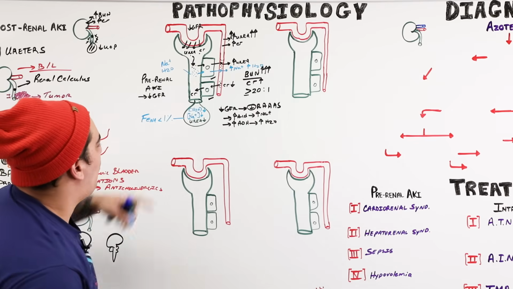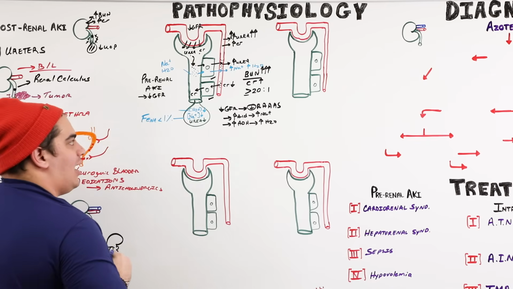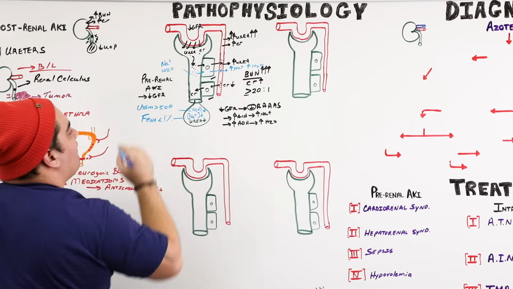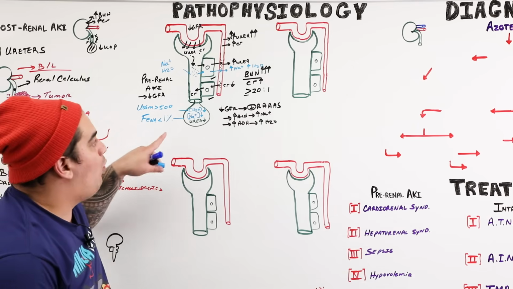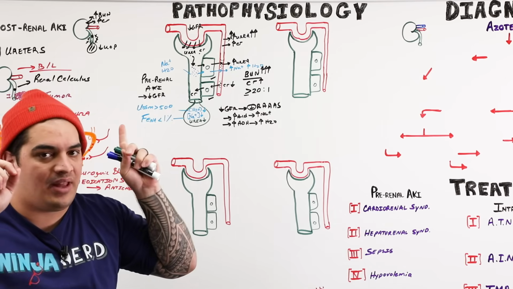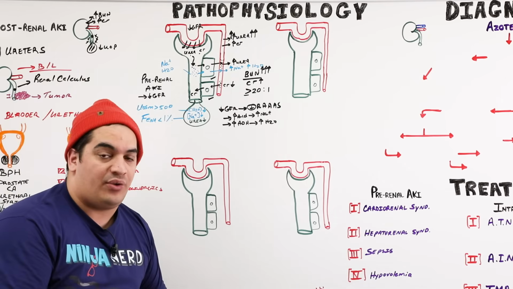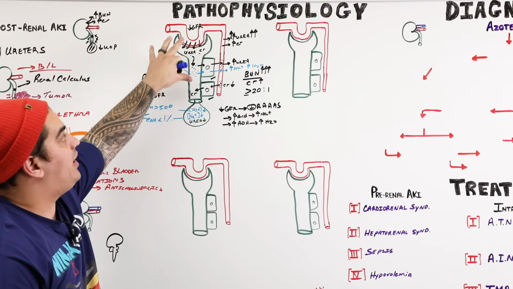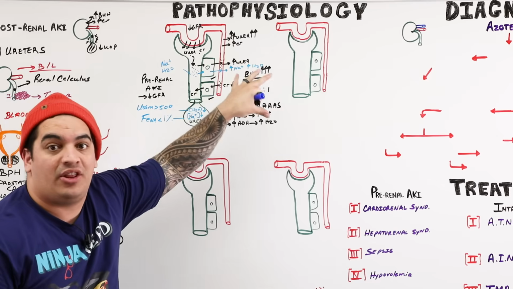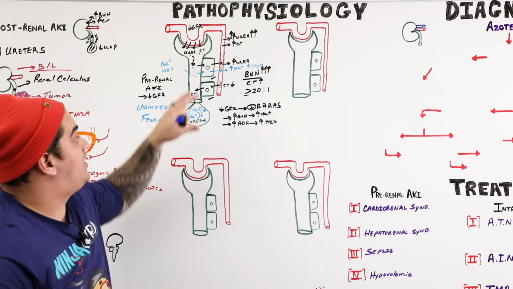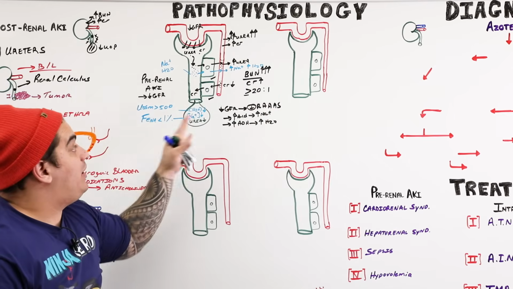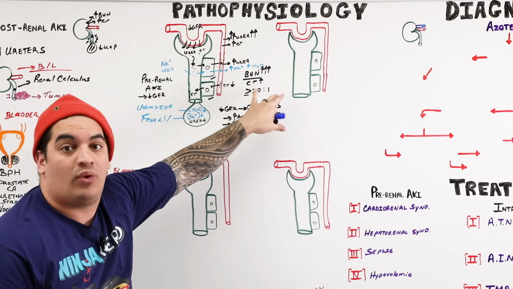And because there's very little water inside of the urine, it's very concentrated. And so we say that the urine osmolality will almost be greater than 500. So some of the things that I want you guys to think about for pre-renal AKI is that the kidney tubules are intact. Remember that. So they can reabsorb and they can secrete substances. You have a low GFR because of a low blood perfusion. That leads to more urea and more creatinine accumulating in the blood because you're not filtering them. But since the kidney tubules are intact, you can reabsorb more urea and you can excrete creatinine. So because of that, the BUN creatinine ratio will be greater than or equal to 20 to 1.